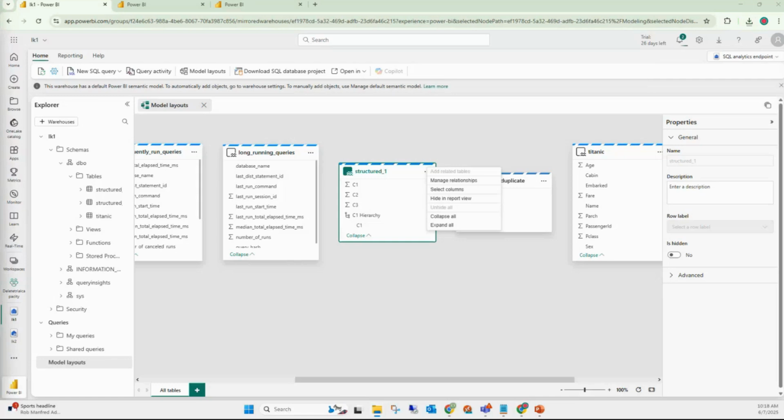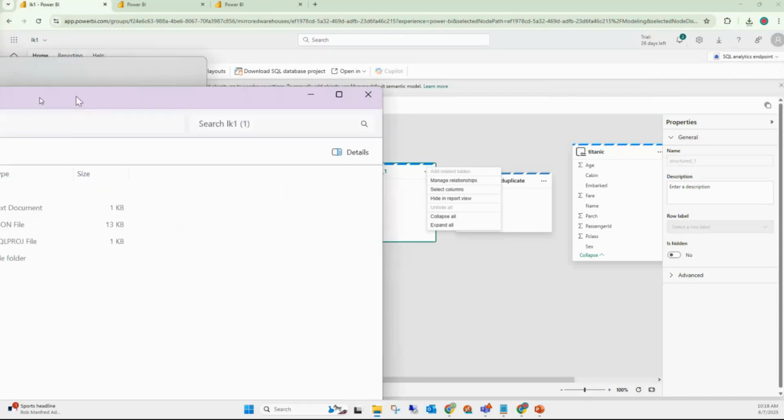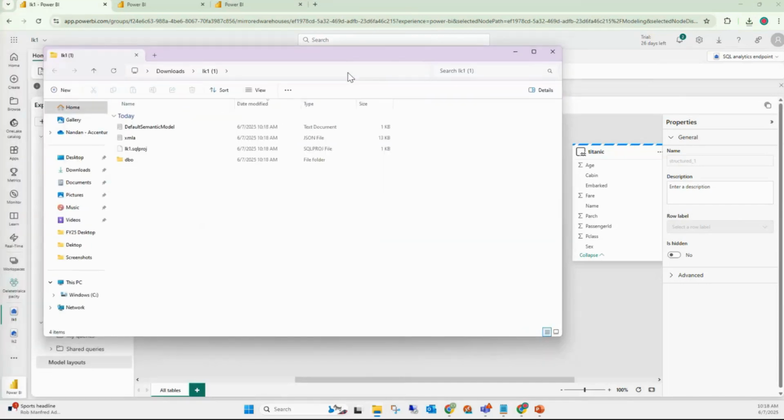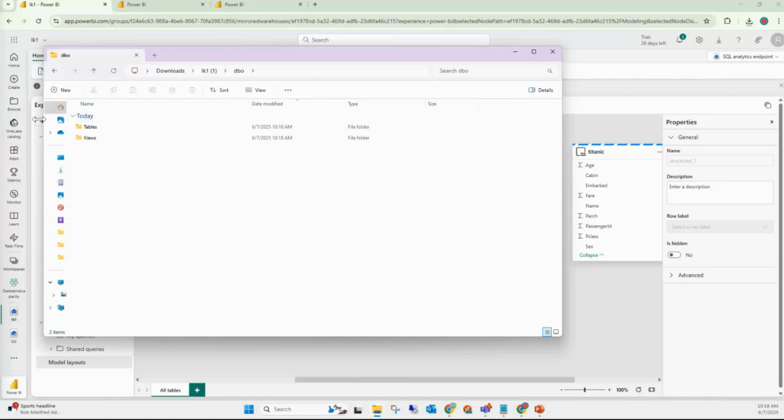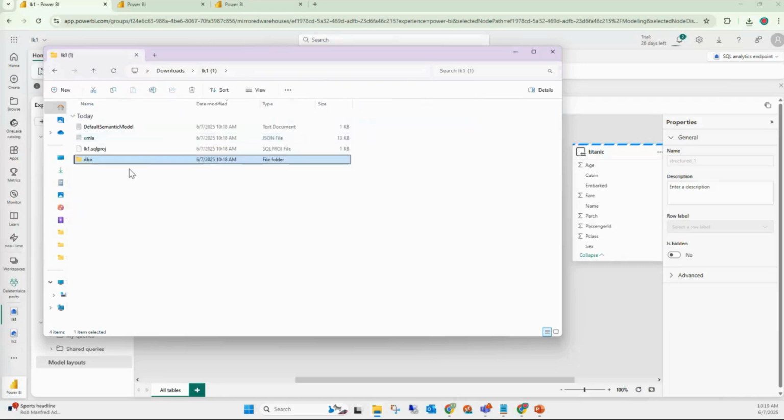So now I have extracted the data. Once I extract the data, this is how it looks, wherein I'll be able to see the table. This is the default structure that is present, wherein I have the default semantic model imbibed. So if I open this default semantic model,